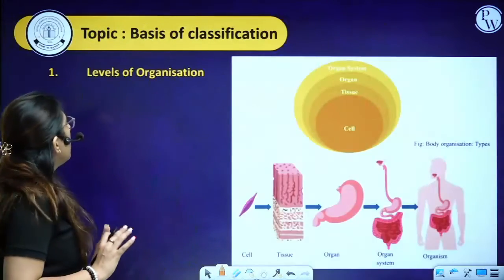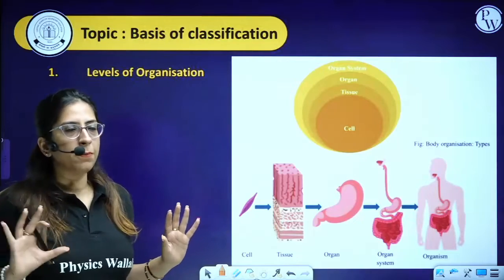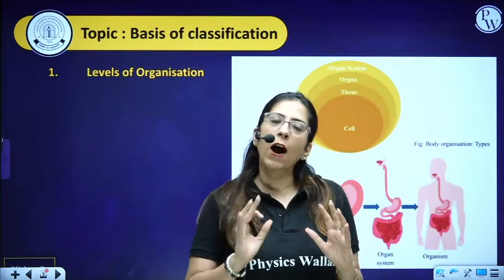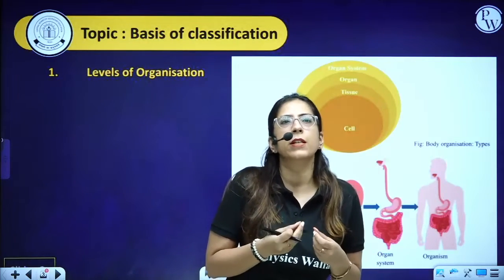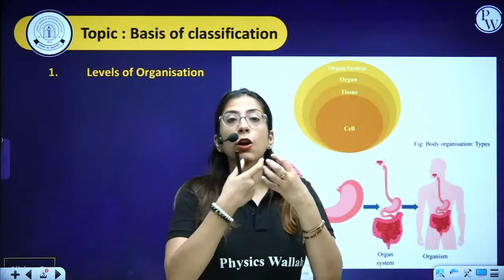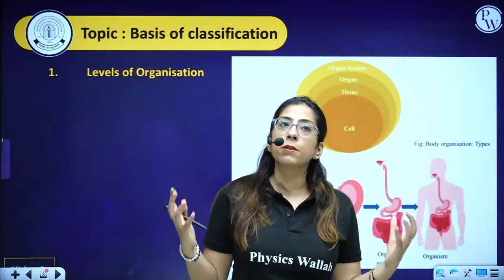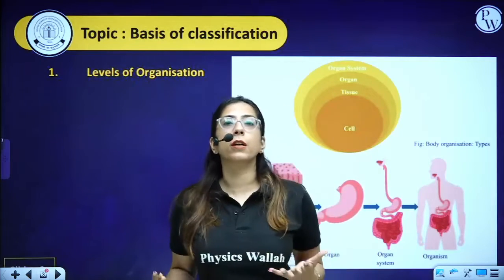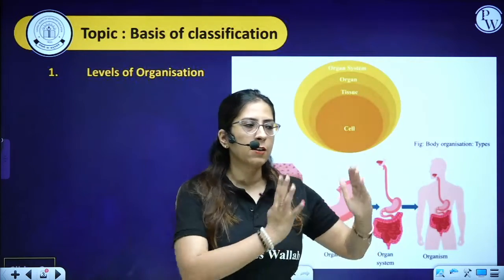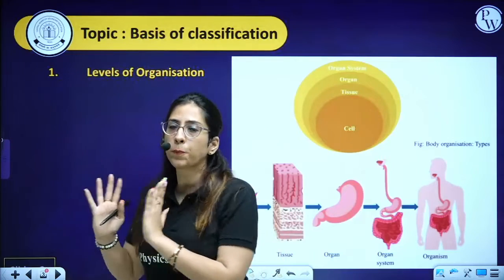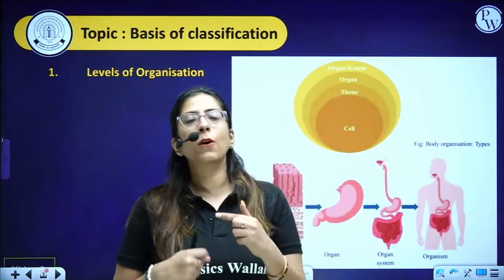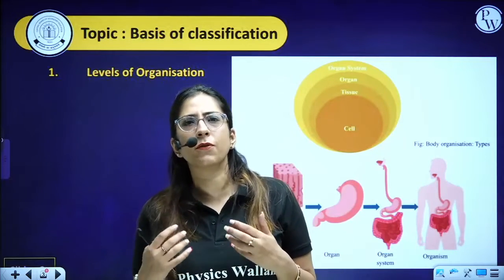Now, before talking about the whole chapter, the first thing you have to understand is that the different organisms which are present are being classified. How are they classified? On the basis of certain features. For example, the level of organization, the symmetry, the digestive system, the circulatory system, the reproductive system, coelom, etc. So many features are there by which millions of organisms are classified into specific groups. We'll be talking about those groups one by one, but before that, let's talk about the basis of classification, that is, all the features we will be discussing.